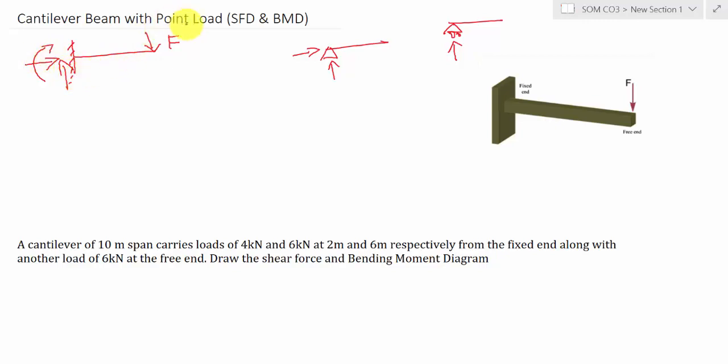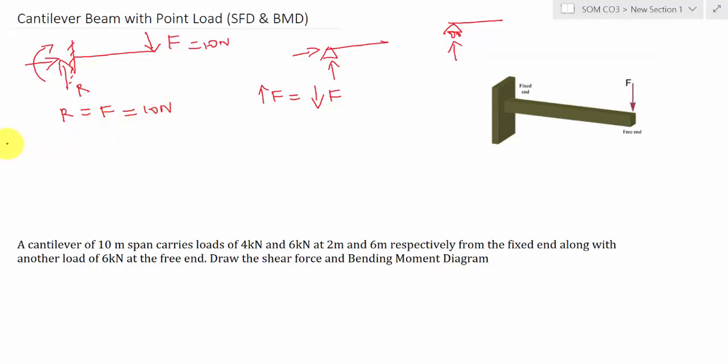First, to draw the shear force diagram, we must calculate the vertical reaction force. Here the force is acting in the downward direction, and for calculating the reaction forces, the first condition is that the total upward force is equal to the total downward force. So the upward force R is equal to the downward force F. For example, if F is 10 Newton, the reaction is equal to 10 Newton. Now we can draw the shear force diagram.